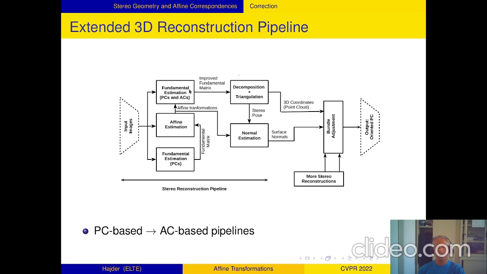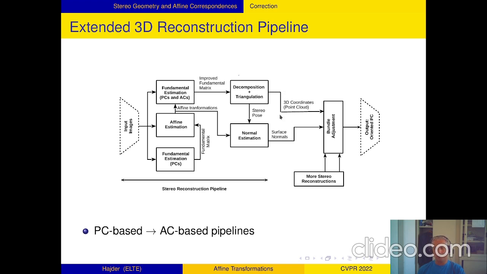If the cameras are calibrated, then the essential matrix can be computed and decomposed into the camera pose. The triangulation problem can be solved. And if we know the spatial coordinates and the pose, then the surface normals can be computed utilizing the affine transformations, of course. Okay, so here the oriented point cloud